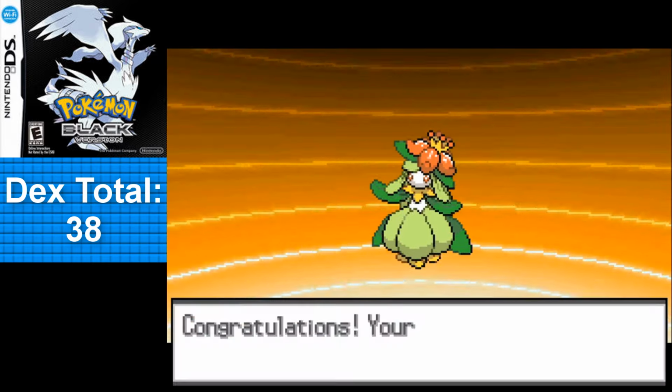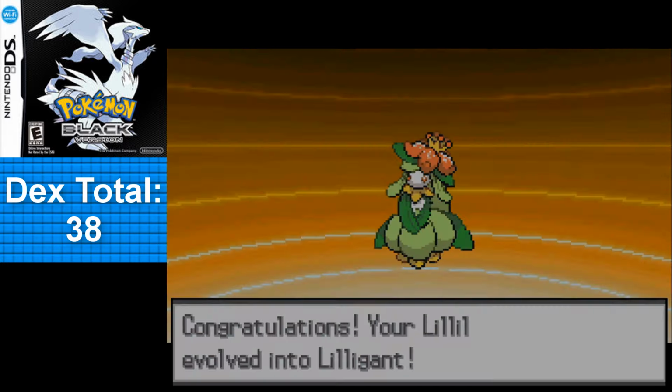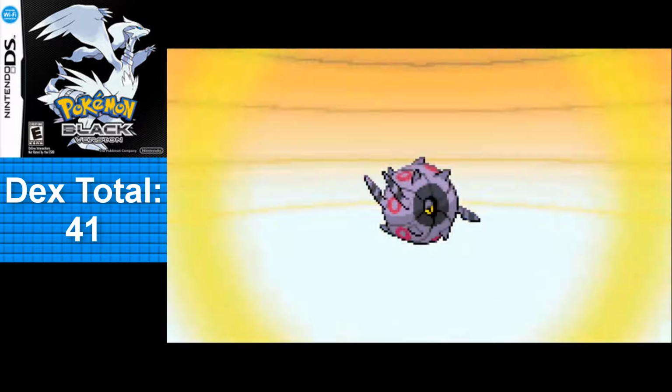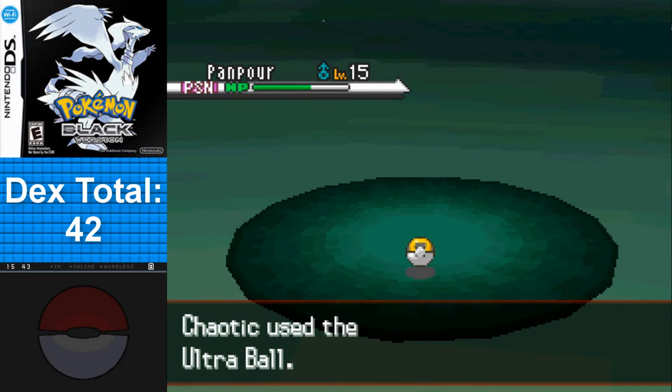Of course, this trade is the opposite in White version, as you can encounter Petilil and trade for Cottonee. The last few encounters are Venipede, Pansage in the Rustling Grass, Venipede evolving to Whirlipede while searching, and Panpour in the Rustling Grass. We cross Skyarrow Bridge and into Castelia City, and I'd like to bring something up about